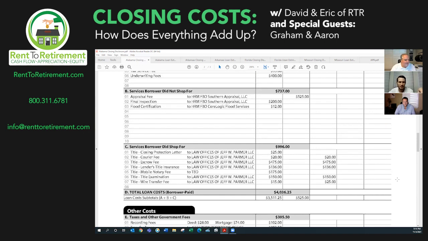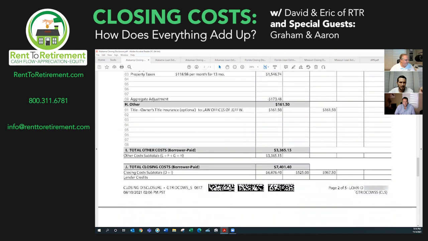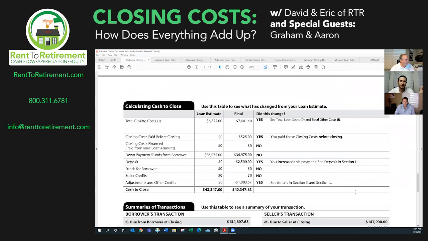Graham, scroll down. I want to show one more area. Keep going, keep going. Stop right there. So this is my favorite section to outline to the borrowers, where we started at the beginning and where we ended. If you glance at the bottom, cash to close, when we first disclosed this and were estimating the all-in cost to the borrower, we guessed $43,300 all in. It turns out after we got everything finalized and shored up, that went down $3,000 to about $40,000.